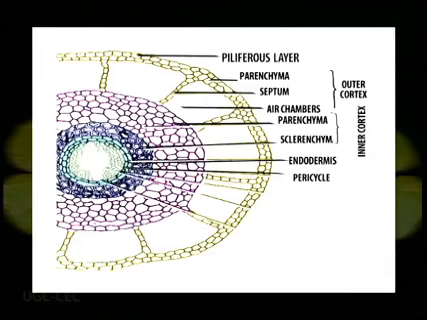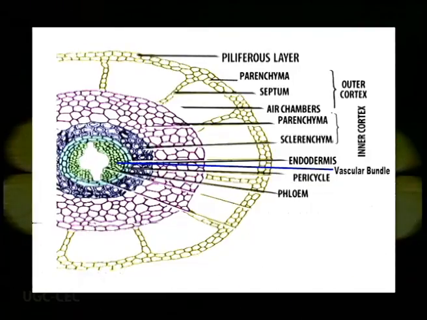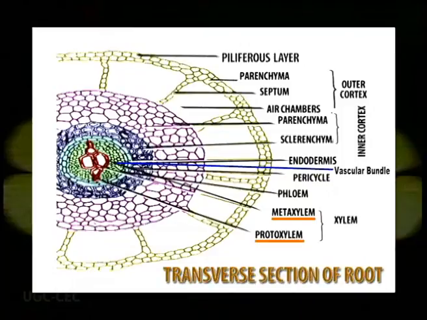The inner cortex is compact, made up of rounded cells containing starch, and the inner cortex is delimited by a single layer of distinct endodermis. A vascular bundle lies within the endodermis and is usually diarch and exarch. The xylem is plate-like and occupies the center of the stele. That means protoxylem consists of a small mass of cells and lies towards the periphery, that means towards the pericycle, whereas metaxylem, which consists of a large number of cells, is plate-like and occupies the center.